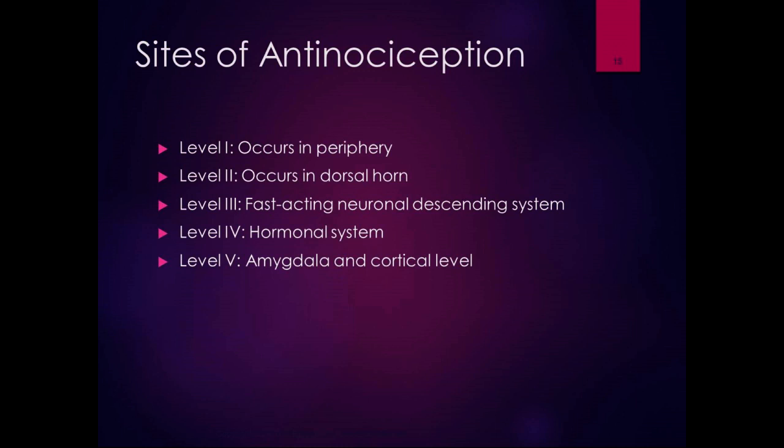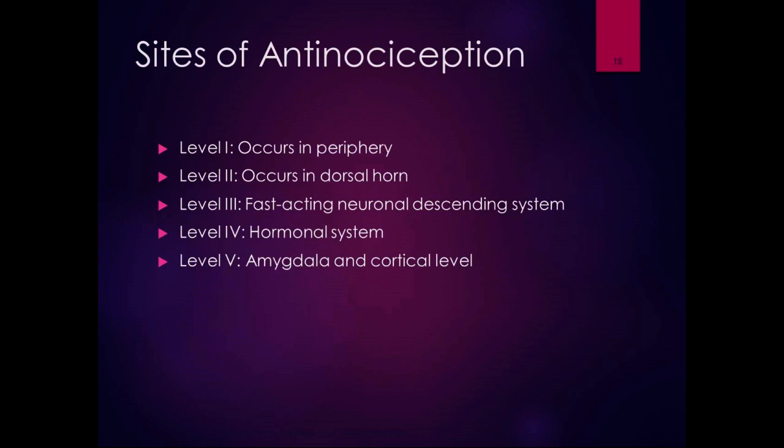Level 4 in the anti-nociception model is the hormonal system. So things that are secreted by the pituitary gland, the beta endorphins, and the adrenals. And level 5 is the amygdala and cortical level. And that is descending inhibition from the cerebral cortex and the amygdala. That's like the mom lifting the car off the baby. You're so stimulated from other things, from emotional or physical things, that your cerebral cortex decides you don't have time for pain and deals with it. So those are all the different sites of anti-nociception,